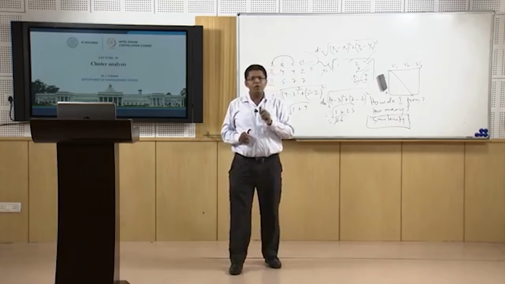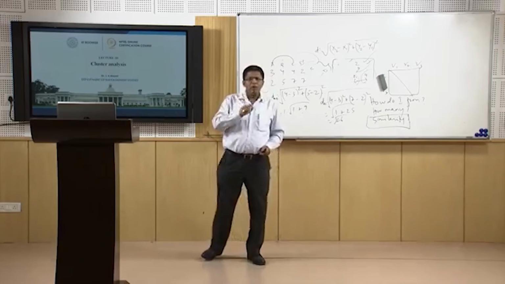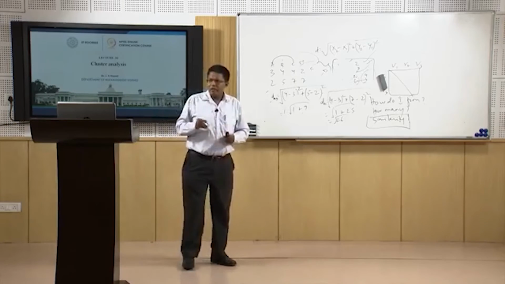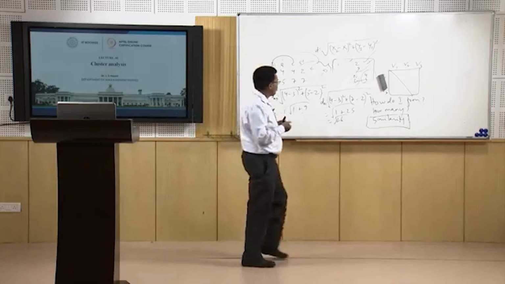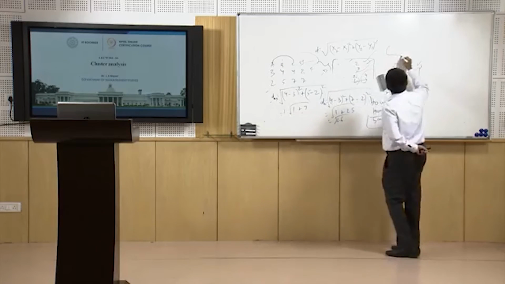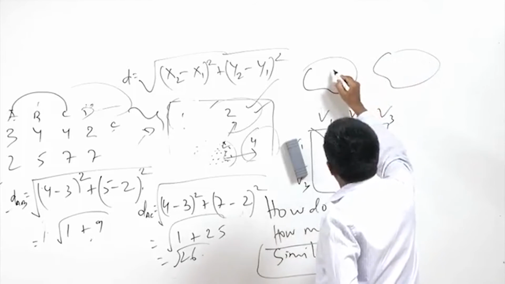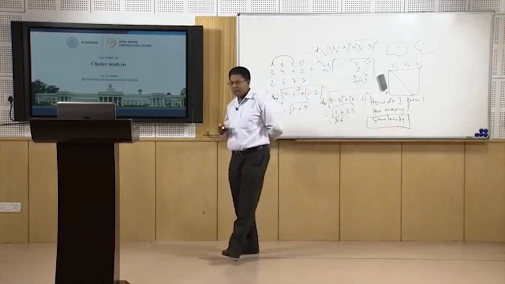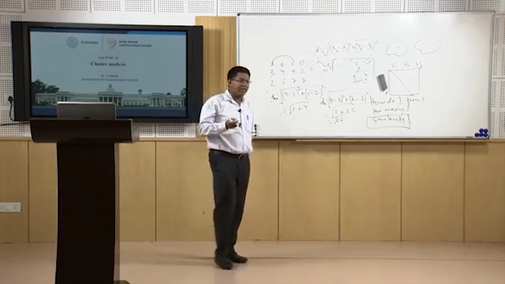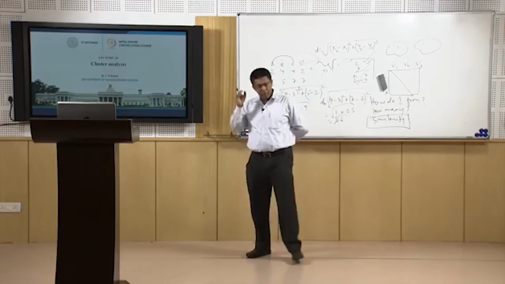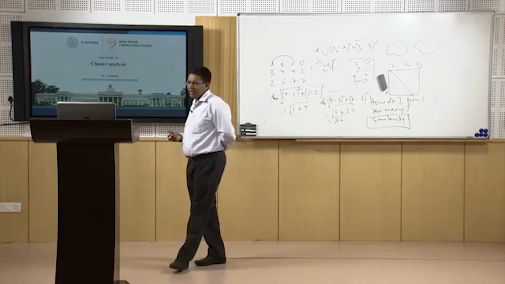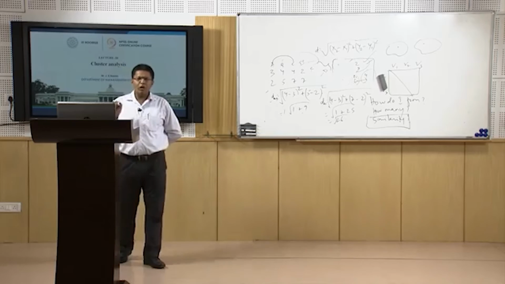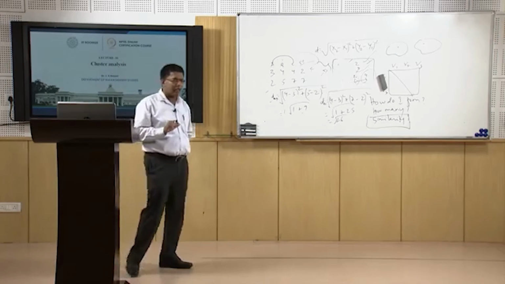So, identify the two most similar observations not already in the same cluster and combine them. That means, two observations between two clusters. For example, suppose this is one cluster, this is one cluster. So, identify two values, and there are certain ways, I will explain that also, the single linkage, average linkage, complete linkage methods, centroid methods. There are different ways how you should identify. So, you combine them and start combining them, that is the objective.